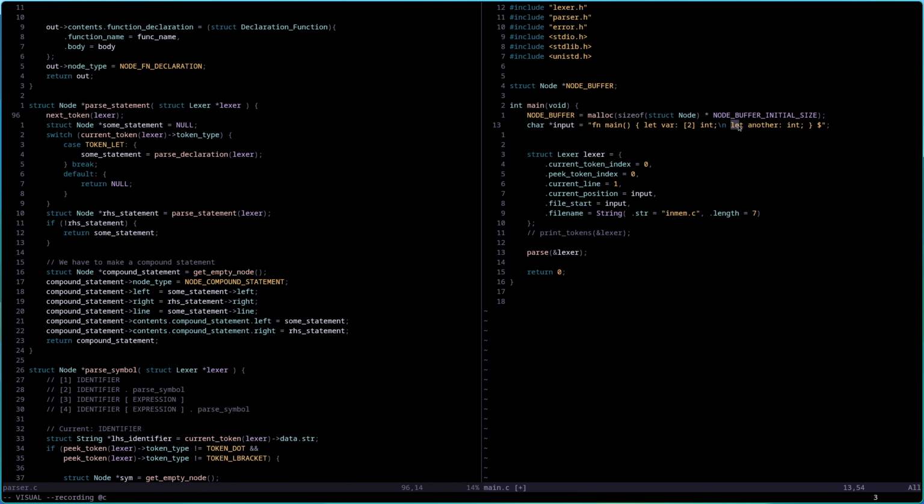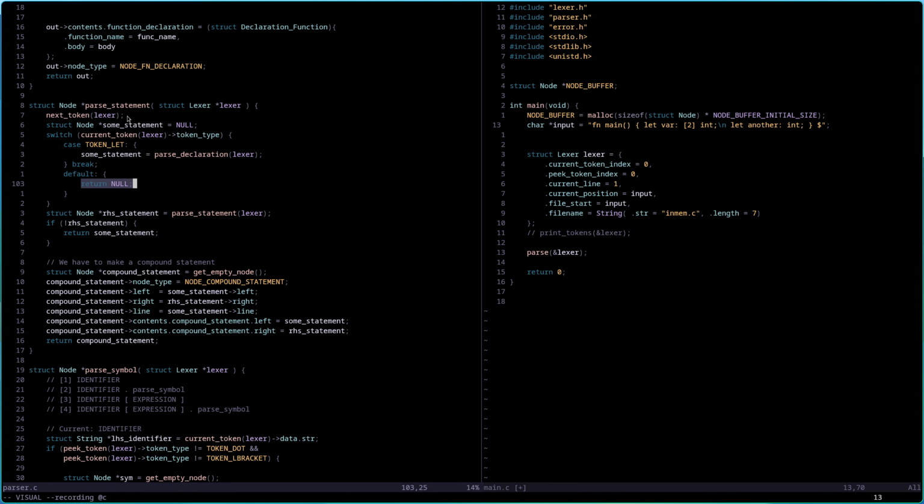No, I'm sorry. We move the let statement into our current, and then we switch on it again, and we see it's another let statement. So we get here, and then we pass this entire declaration. We return, we break out of the switch statement, and down here we try to pass again. The third time we call this function, it's going to pull in the next token, which is this token. However, now we don't match on anything, so we're just going to return null.